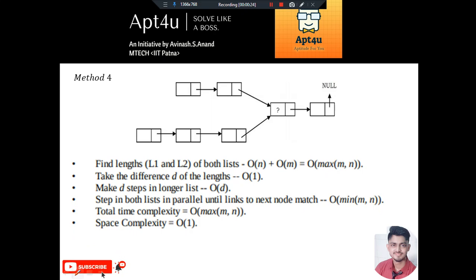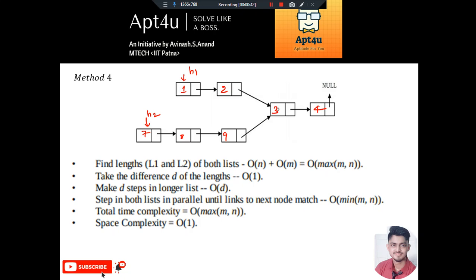All right, so assuming that this is a linked list with values 1, 2, 3 and 4, and this is a linked list with values 7, 8, 9, 3 and 4, right? So we have been provided with two pointers, h1 which is the head pointer of this linked list and h2 which is the head pointer of this linked list, right?